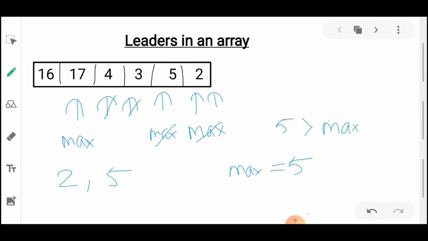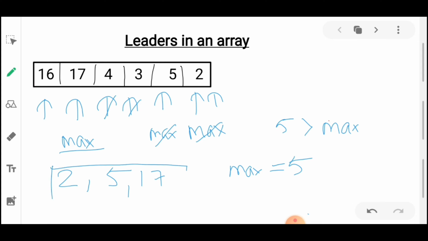Then again we'll print 17 because 17 is our leader because it's greater than all of its right elements. Then we'll come to 16. Is 16 greater than max or not? Our max is 17 now. 16 is not greater than 17, that is max. So we can't say 16 is our leader, so we'll not print it.